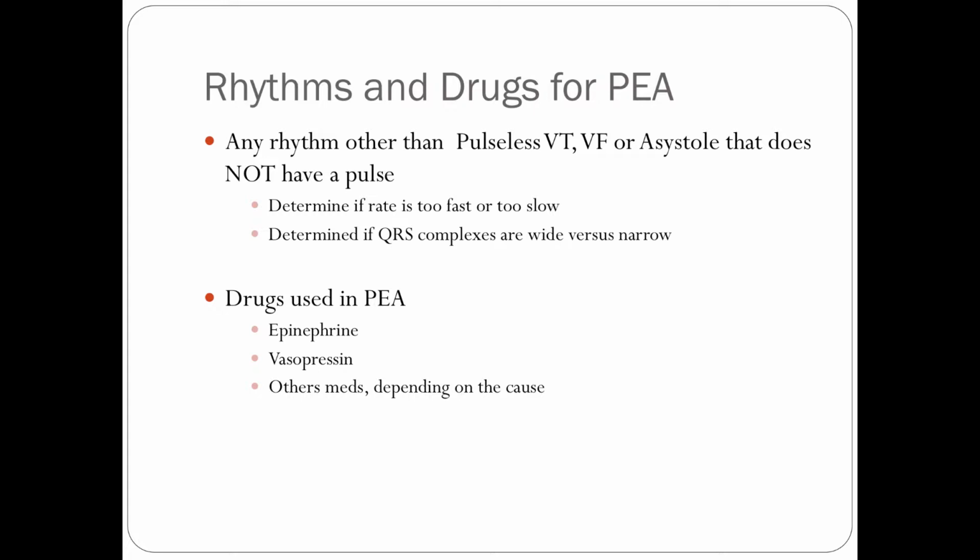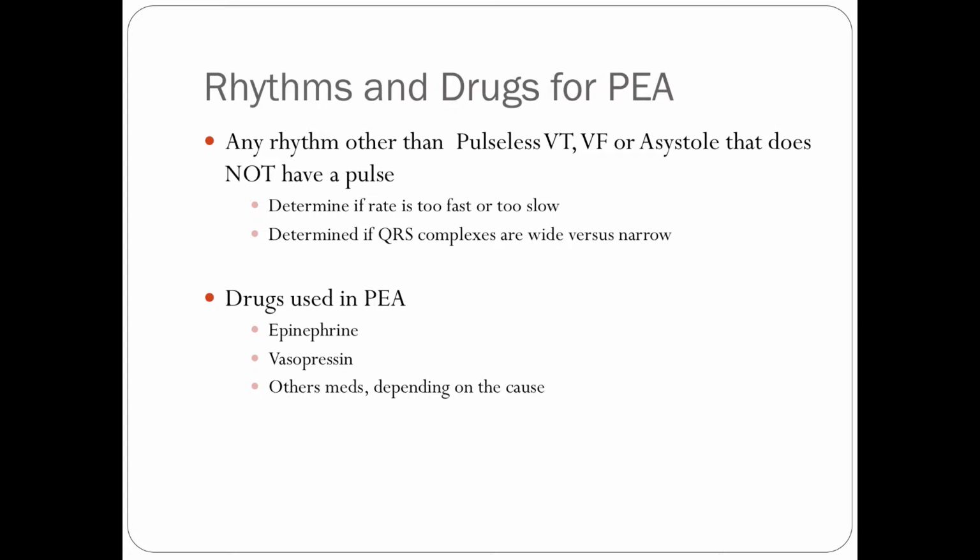Any rhythm other than pulses, VTach and VFib or asystole that do not have a pulse. So you have a rhythm, but we don't have a pulse, that is PEA. Which basically means you have to figure out what the underlying rhythm is that it's showing you. You still need to identify if it's fast or slow, and if the QRS complexes are wide versus narrow, because that also may change things to a VTach if it's too